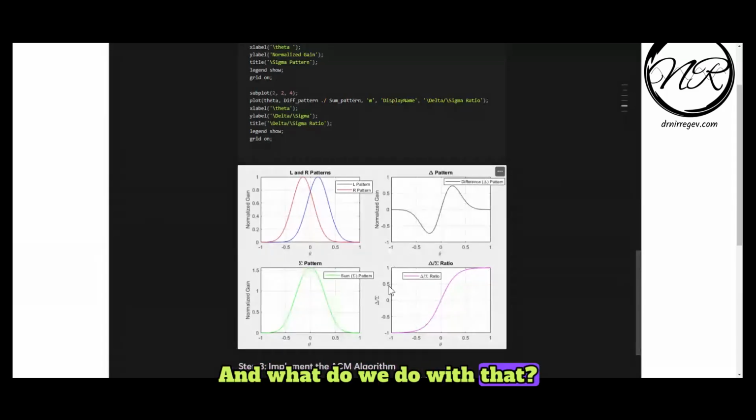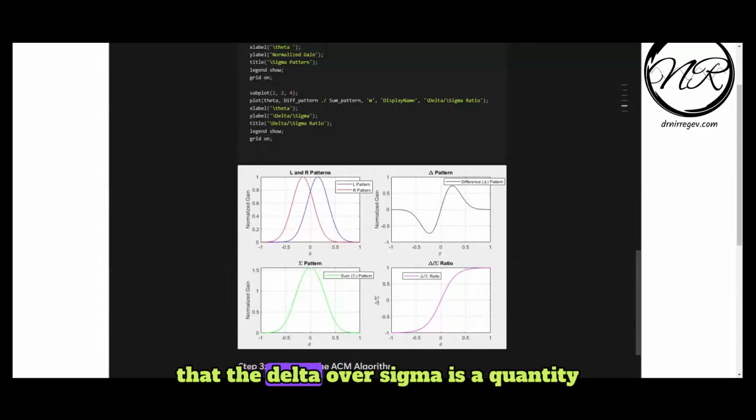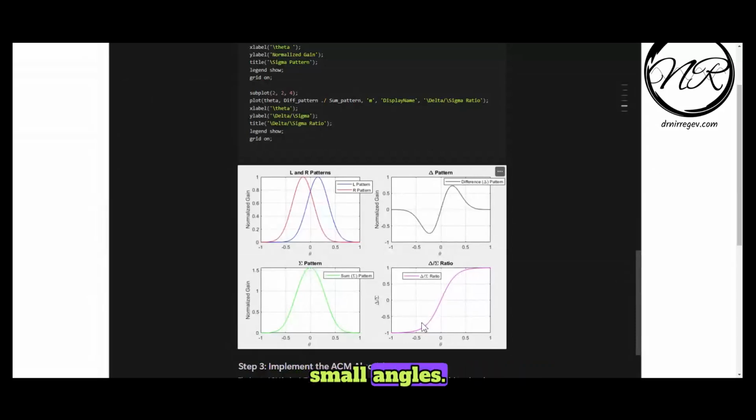And what do we do with that? So we can prove mathematically, it's not going to be in this lecture obviously, that the delta over sigma is a quantity that is agnostic if we are calibrated correctly. It's agnostic to the phase that the different targets are coming in at, and it's also agnostic to the relevant amplitudes. So the delta over sigma ratio is mostly linear around the center, let's say small angles, and we can